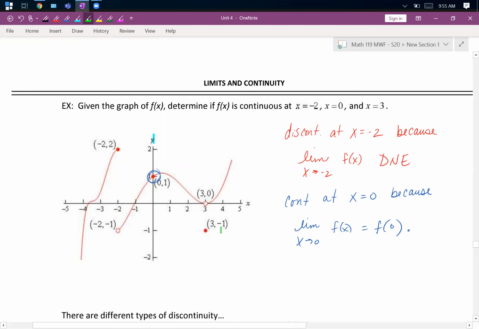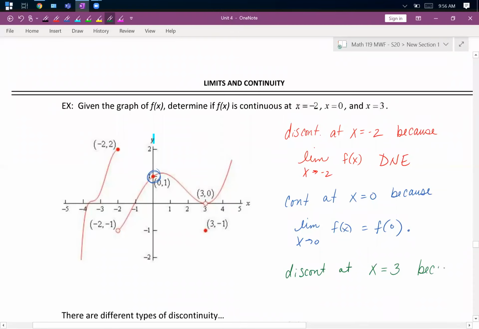All right, so we can look with our eyes. Is this going to be continuous or not? No, right? Because we have that hole happening there. So we know that it's going to be discontinuous at 3. Well, now we just need to back it up with some calculus. So what would be the calculus to back it up? This is discontinuous at x equals 3 because the limit as x approaches 3